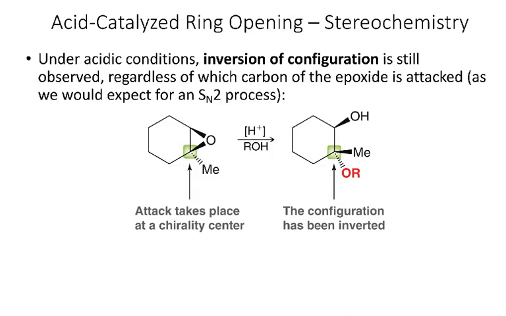Okay, finally, when we think about the stereochemistry, fortunately that is the same as we would expect for an SN2 process, and we do get inversion of configuration, right? So the methyl is on the dash because this carbon is tertiary. We're going to attack here instead of here, and so we do still get the inversion of configuration in this SN2 process. So I've got another video where we're going to look